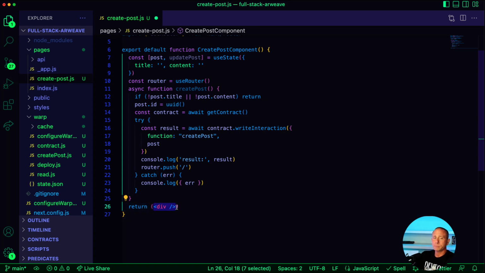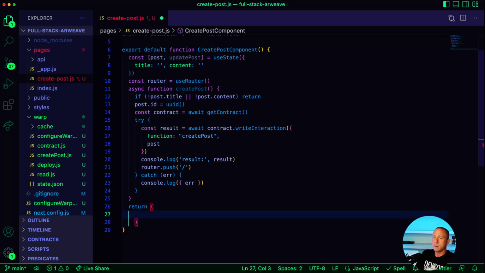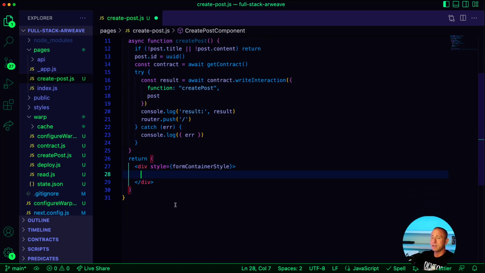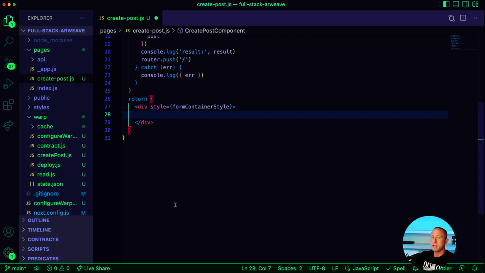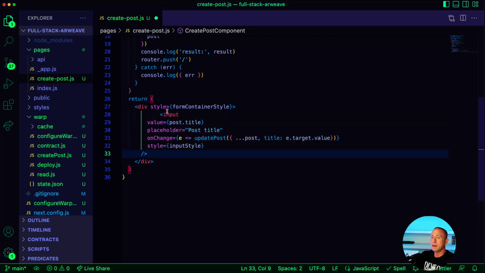So here we will go ahead and return a div with the styling being formContainerStyle. Next, we want to have an input, and this input is going to be for the post title. So we're setting the value to post.title. We're setting the placeholder to post title. And then when the user types in the value for their post title, we're going to call updatePost, which updates